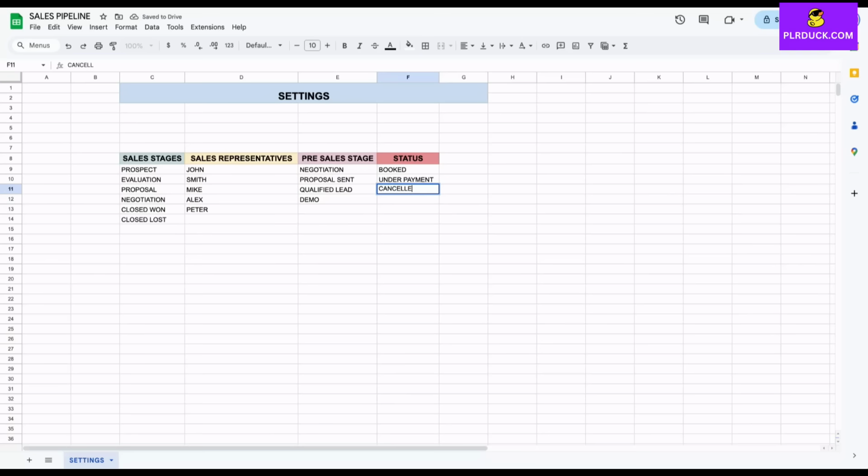Then I have cancelled, rejected, so in progress, and offer sent. So these can be some of the different stages. So this is about the complete setting sheet over here. If you want to list down any more sales stages, you can just list them down over here, so you can have these as a drop down for whatever we are going to have in